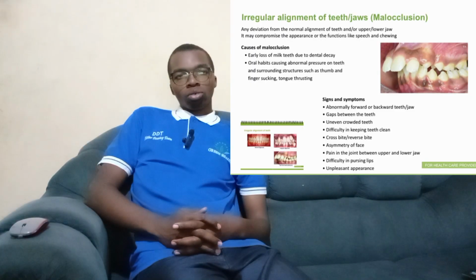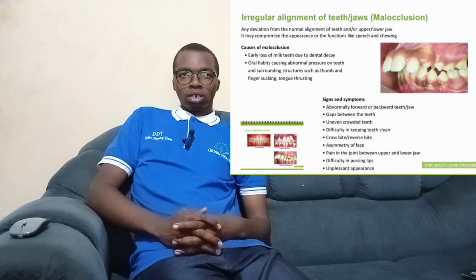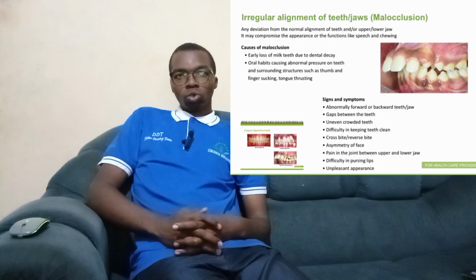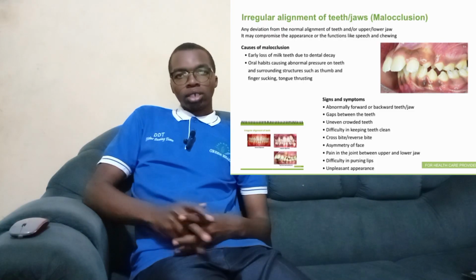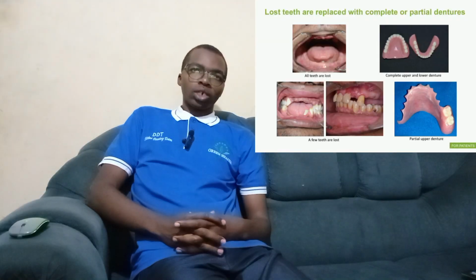Signs and symptoms of malocclusion: abnormally forward or backward teeth or jaw, gaps between the teeth, uneven crowded teeth, difficulty in keeping teeth clean, cross bite or reverse bite, asymmetry of face, pain in the joint between upper and lower jaw, difficulty in pursing lips, unpleasant appearance. And you can also see that lost teeth are replaced with complete or partial dentures,